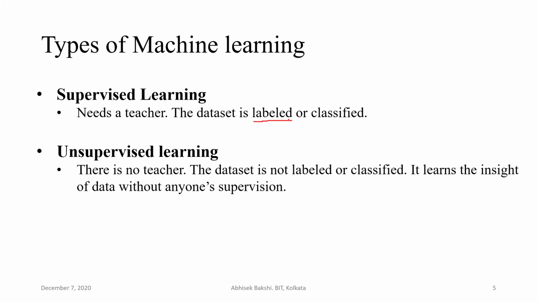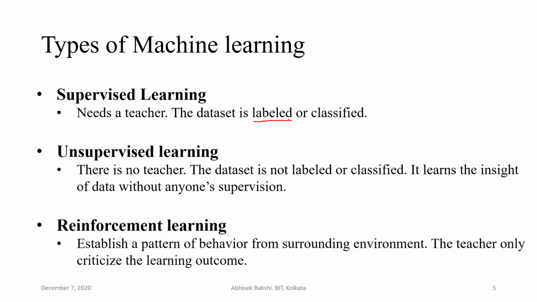The next one we have is called reinforcement learning. It's a very well known and very important learning in our daily life. Each and everything that we learn is most of the time reinforcement learning. It is something like there is a teacher, but the teacher is not telling you what is the type of the data. Rather, the teacher is criticizing you, that you have done something wrong, you have done something right. For example,